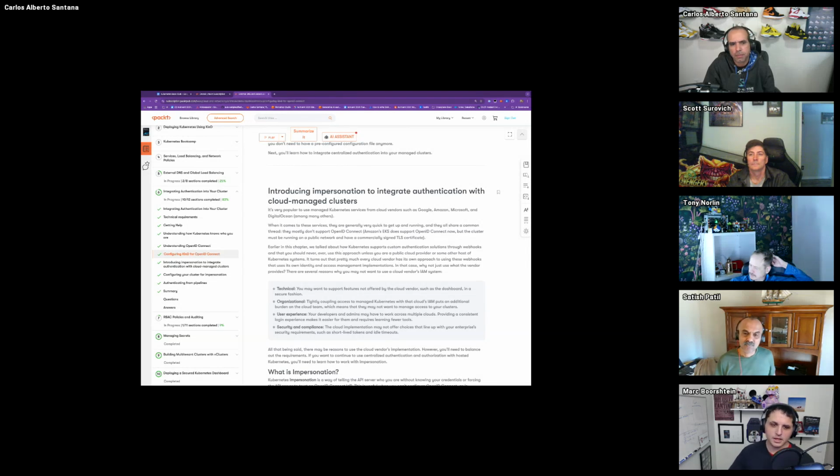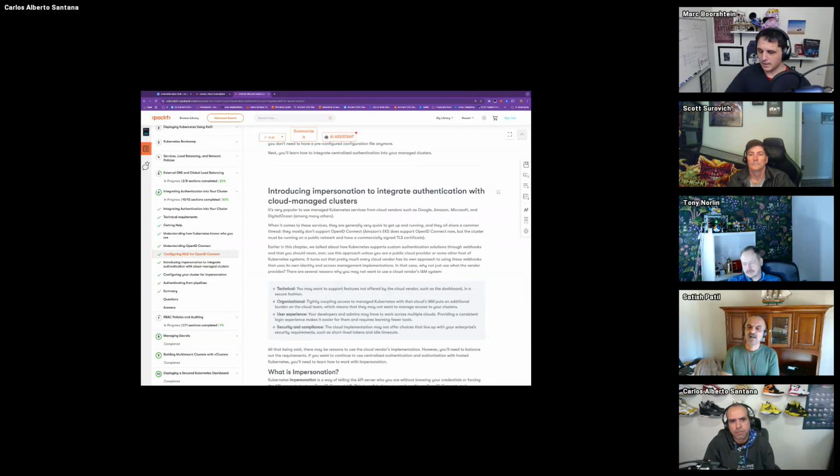So the interesting thing about managed, and I don't necessarily even want to say cloud managed, because you'll run into this with VMware as an example, where VMware doesn't let you configure OIDC if you want to use an OIDC provider other than the integrated Pinniped. So it's not just cloud managed, but really any managed environment can run into this situation. So this is where you get into impersonating proxies.